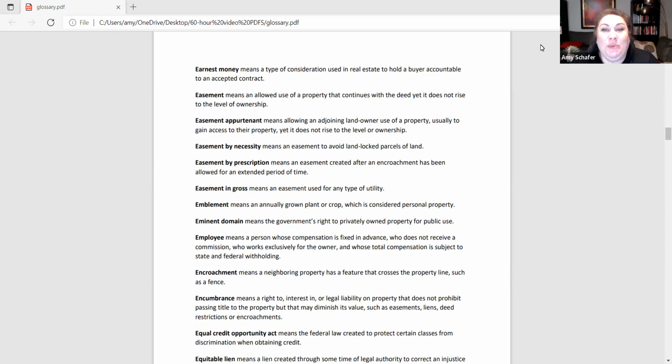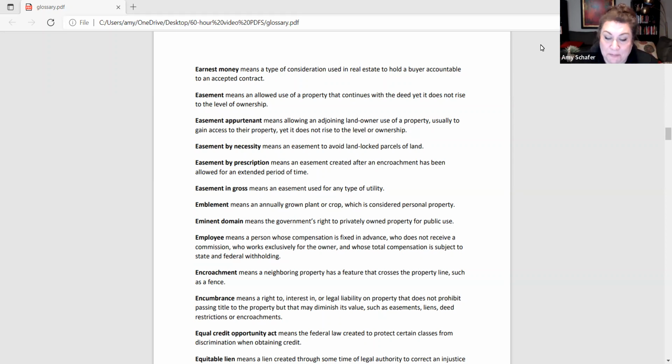Earnest money is going to be like good faith money that is part of consideration with a purchase agreement. It holds a buyer accountable to do or not do something specifically in the contract. Earnest money is held in an escrow account, also known as a trust account in real estate. And remember those escrow accounts, I'm sure that's coming up on our list. Those are other people's money, cannot be commingled with the general funds of a broker.